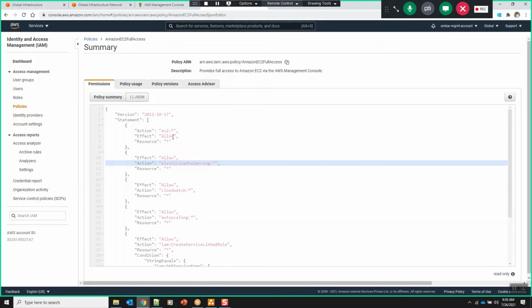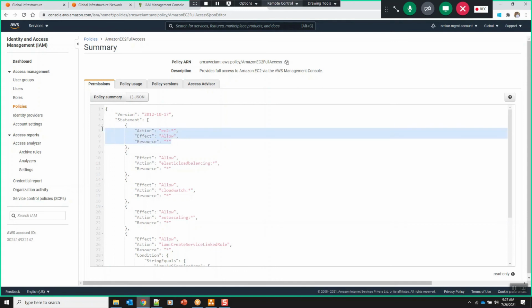So it is saying that if you take ec2:*, in the sense that all actions on EC2 are allowed. If you don't understand how these policies are written, you can remember a simple rule. Just remember the word EAR.